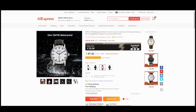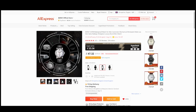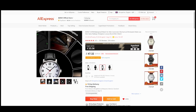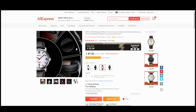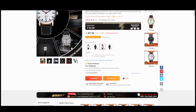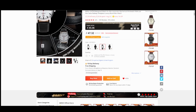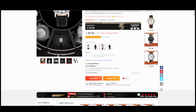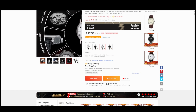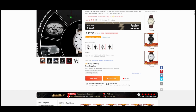It's described as Swiss Railway Timepiece. Now, I did wonder whether railway watches were issued back in the day, but I think actually what they mean is it looks a bit more like the clocks that are used on railway stations. It's a very clean design, and I'll come on to that in a minute, but some of the specs: it's got sapphire glass, genuine leather strap, 50 meters water resistance, claimed obviously, easy read date window, exhibition back cover, stainless steel case, it's a Seagull ST1612